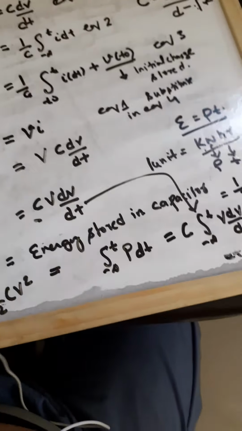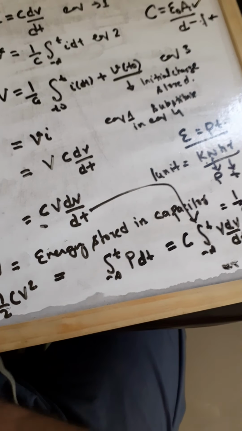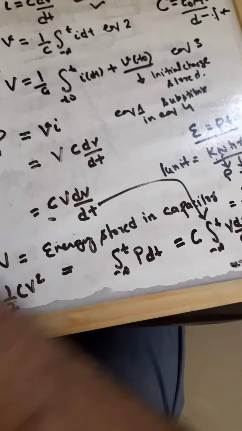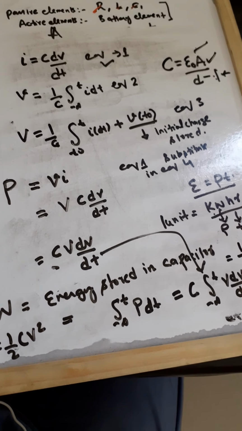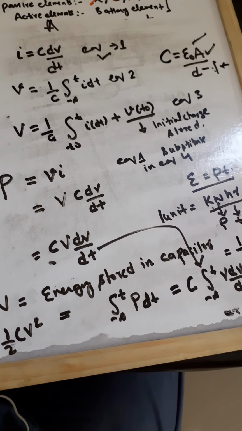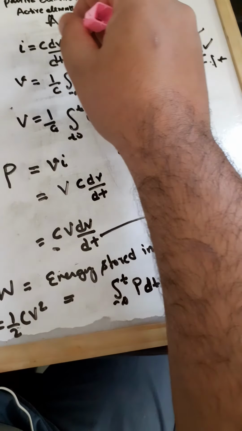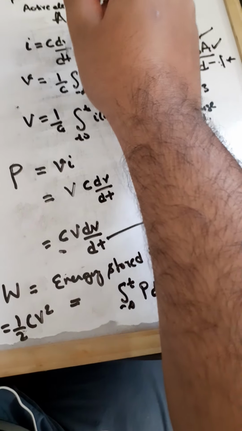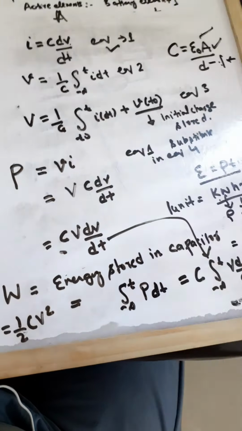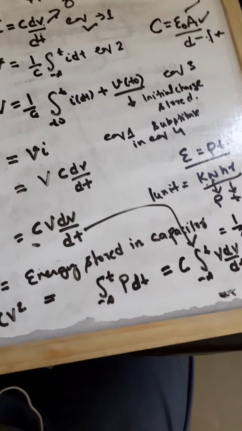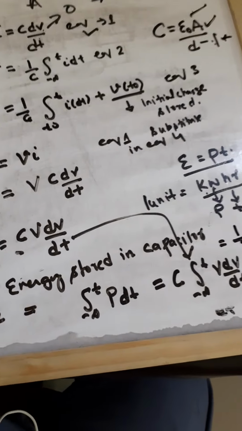Now see, there are certain equations for the capacitor. Note from this equation 1 what we can conclude. From this equation 1 which I have written here, we can see that when the voltage across a capacitor is not changing, so this dV by dt is constant, it is not changing, at that time the current through the capacitor is 0. If this is not changing with respect to time, dV by dt is 0, so current becomes 0.